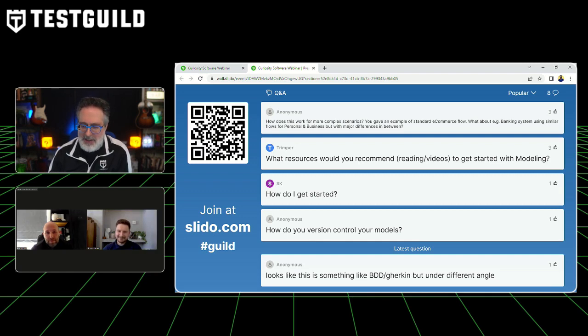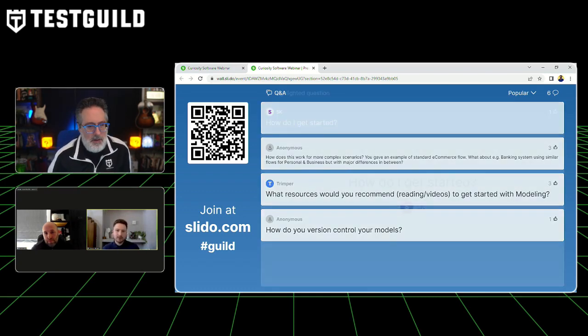How does this work with Gherkin? There's a few questions on BDD. Is this the same as BDD? Can it work with BDD? Yeah, any of the blocks that you saw on the screen can be given the Gherkin language. On those models, you would overlay your given, when, then, et cetera, and then the output is your Gherkin feature files, along with any of the Cucumber-based code that you need as well.